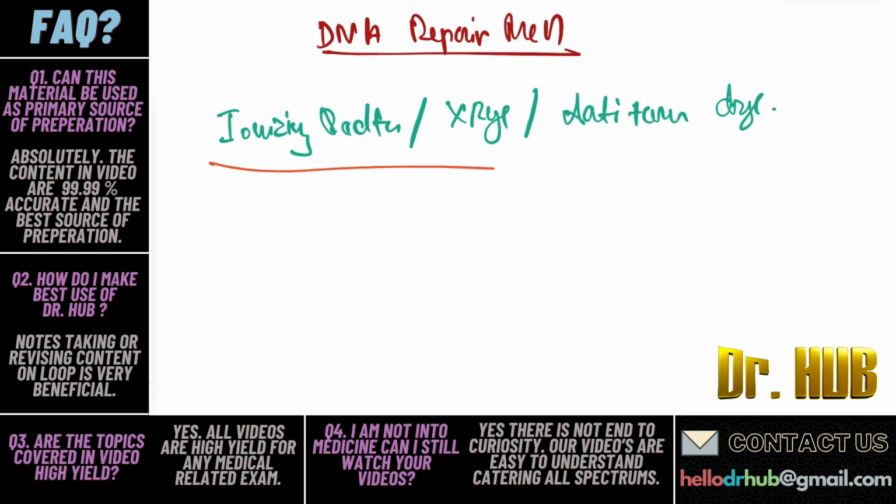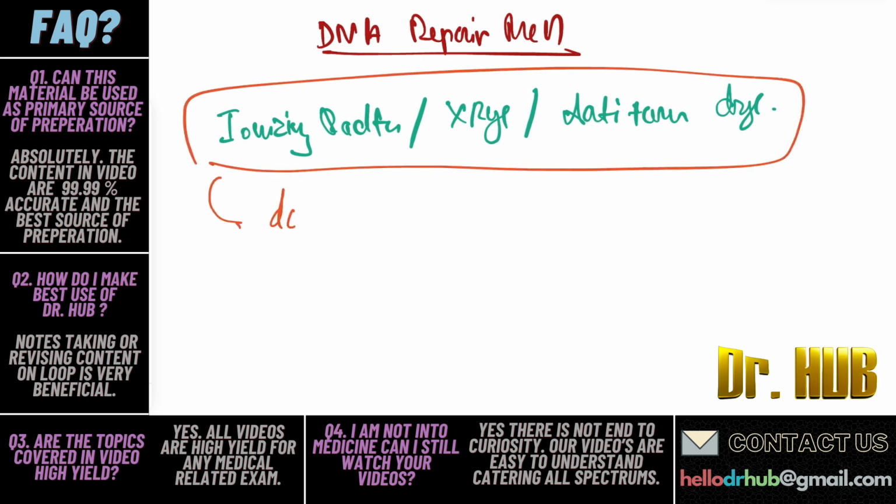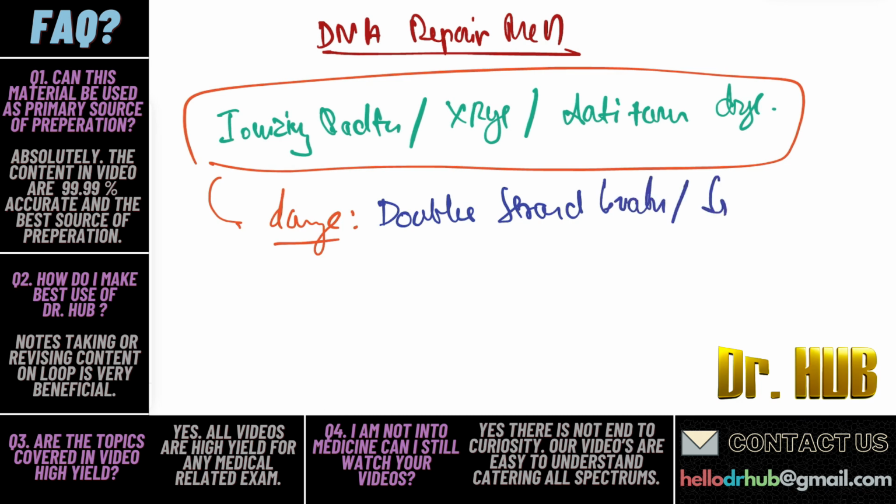So let's look at the damage which is caused. The damage which is caused includes the double strand breaks, as well as single strand breaks. Then there are intra-strand cross-links,